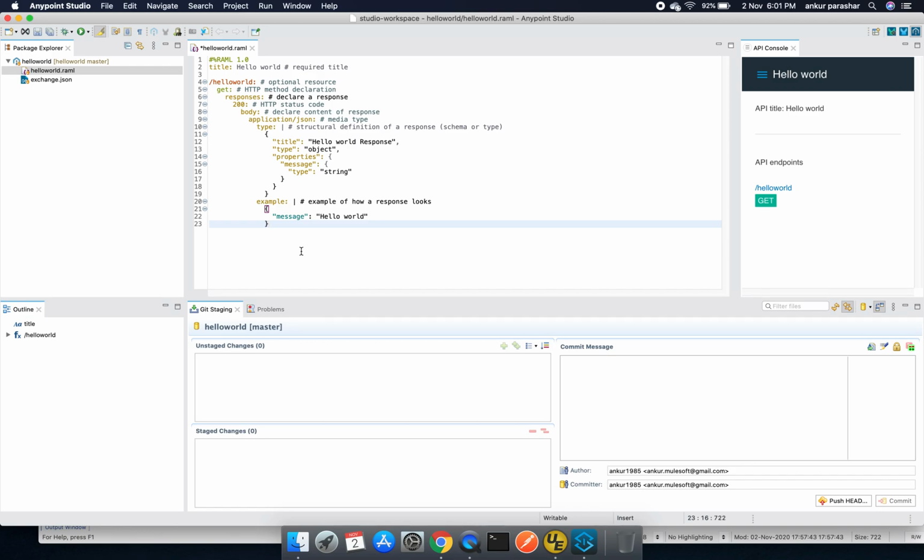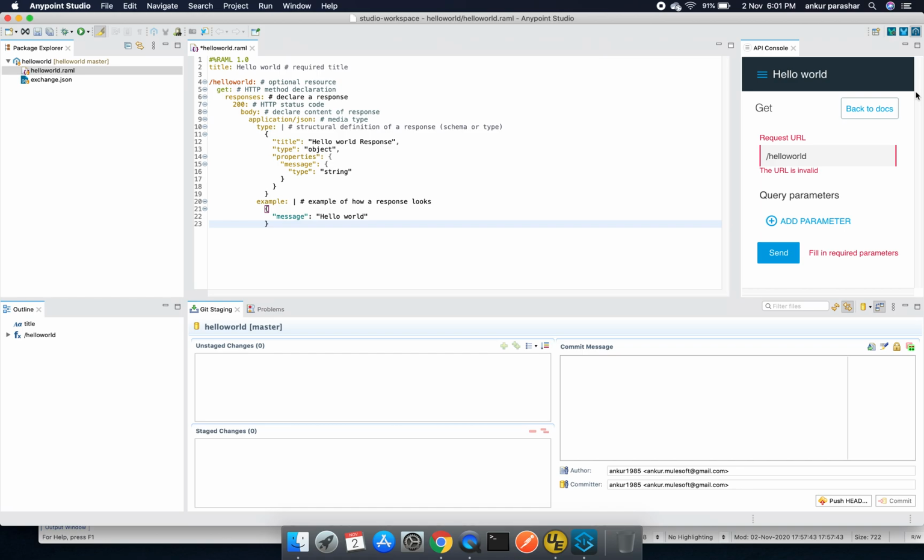So here comes the important part of this video, how we can mimic the mocking service. As of now, you can see by enabling that perspective which was prompted during the project setup, I have clicked on yes, right? Now if I click on this get button on the right hand side of this canvas, you can see this try it option is coming up. If I click on try it, you can see the request URL is not taking the mocking URL which came by default whenever we enable the mocking service within the flow designer, within Anypoint platform.